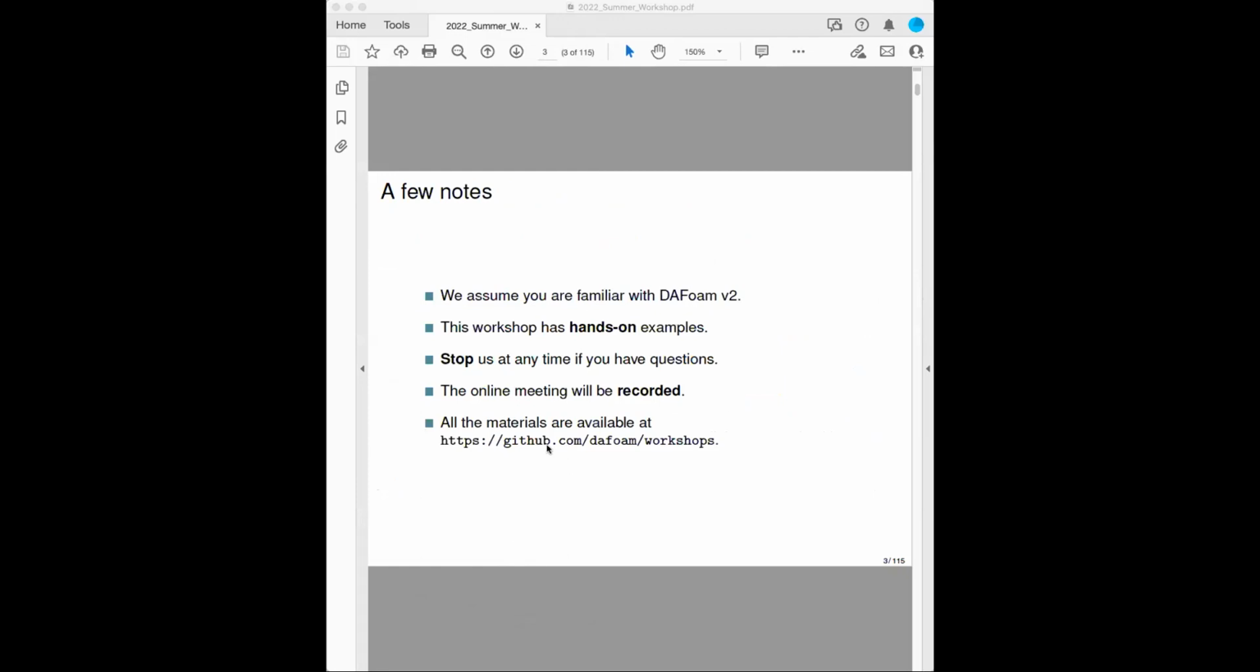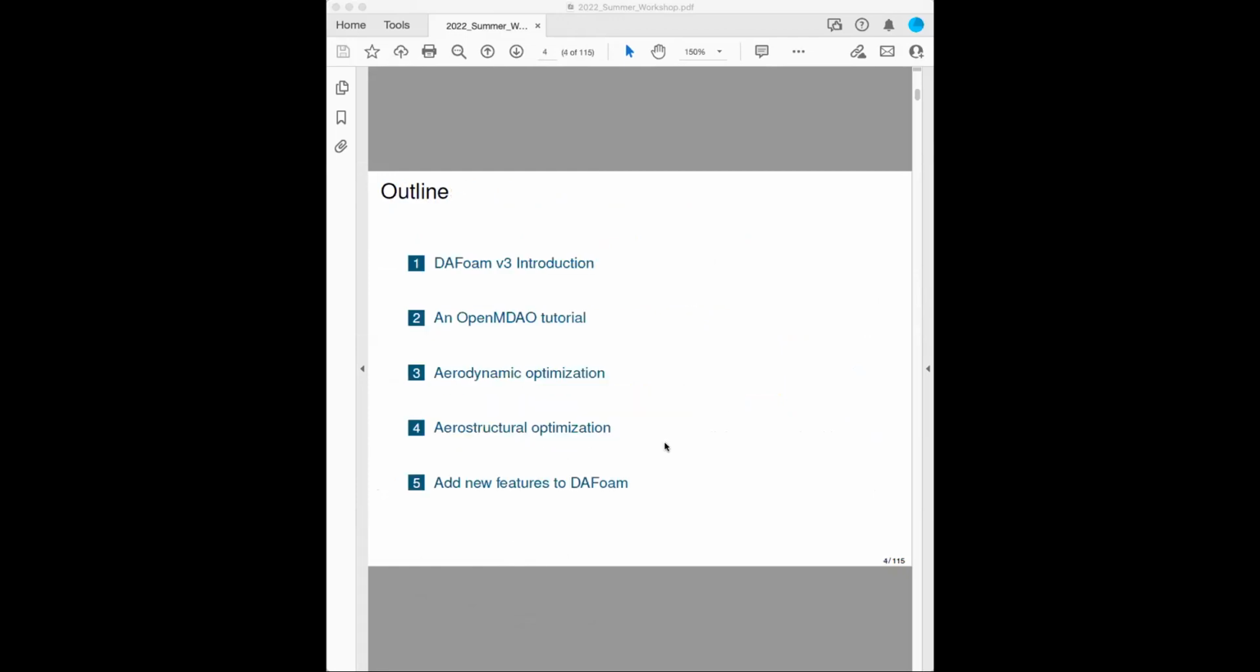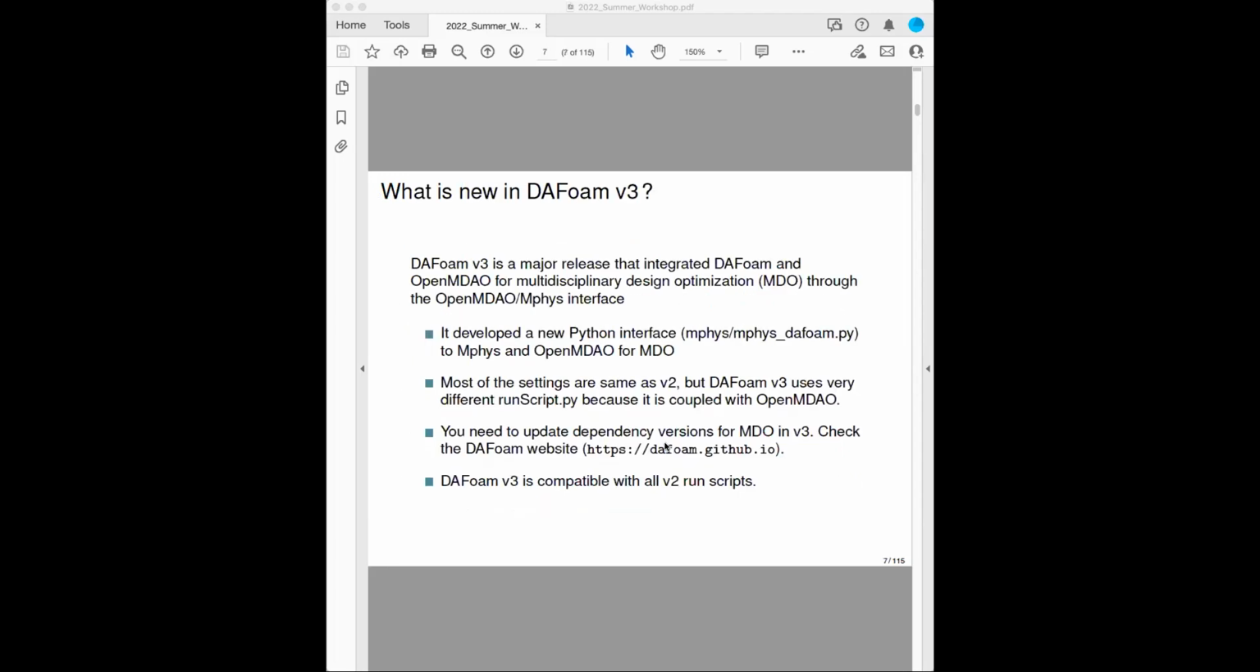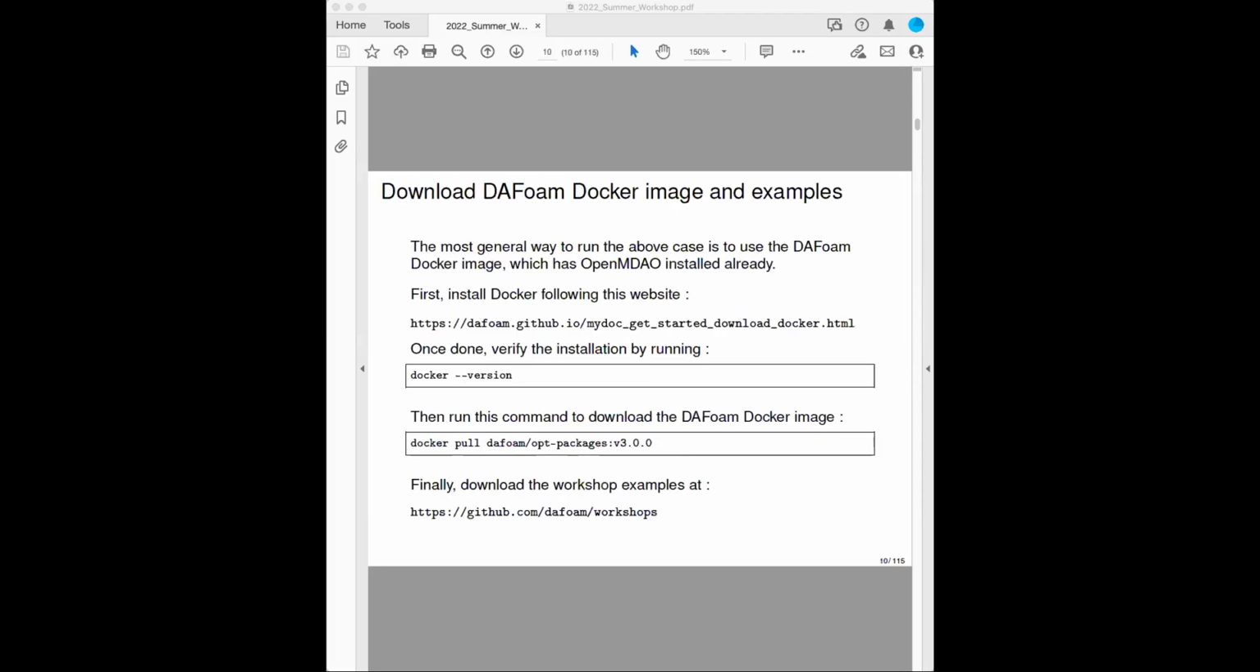From this repository, github.com, DAFoam Workshops, okay? And I already downloaded it, and I put it on my desktop directory. Once you download this, you can go to this workshop directory, and you can go to 2022 summer